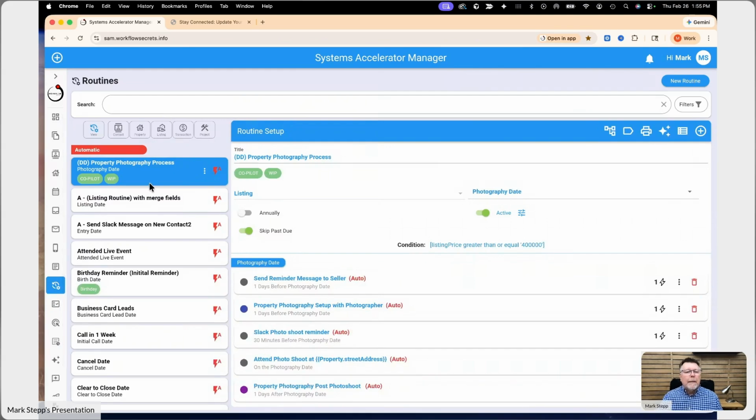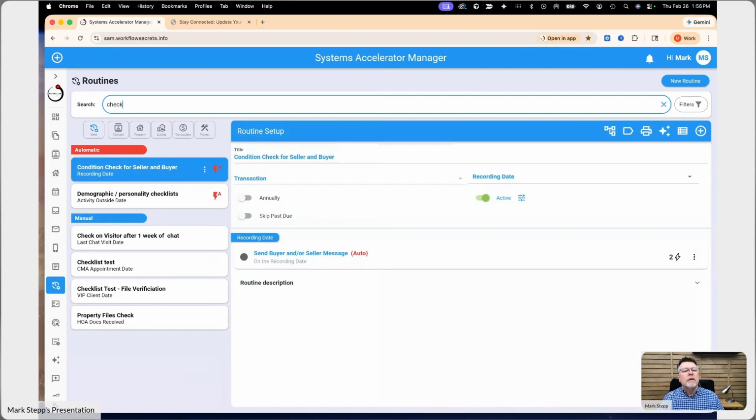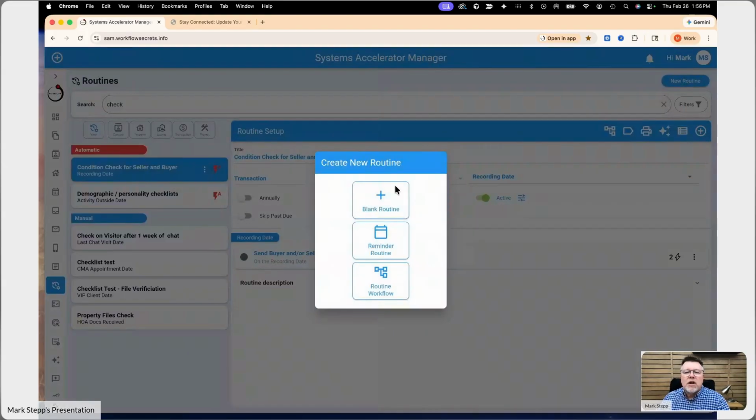I'm not sure how many of you have gotten into some of the checklist capabilities of a routine. Let's just start a new one just for grins here. We don't have much time, but this is my last one really. Let's say we start a new routine